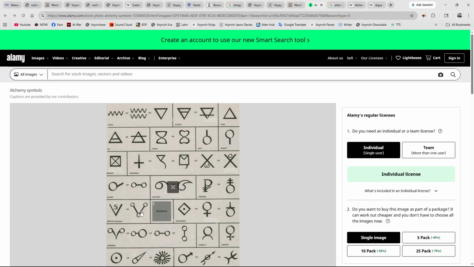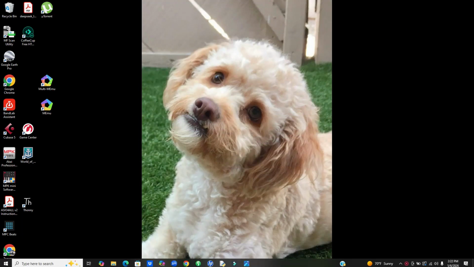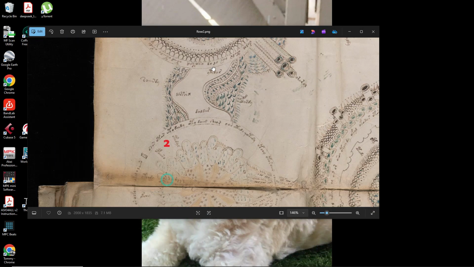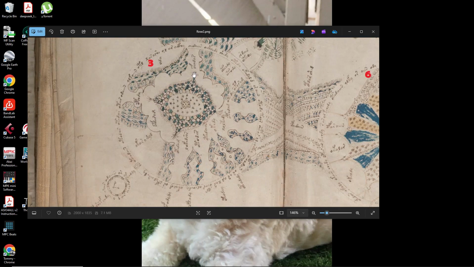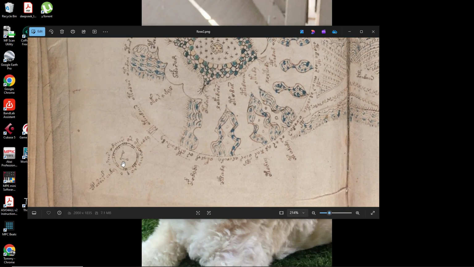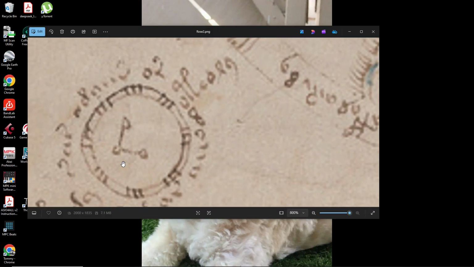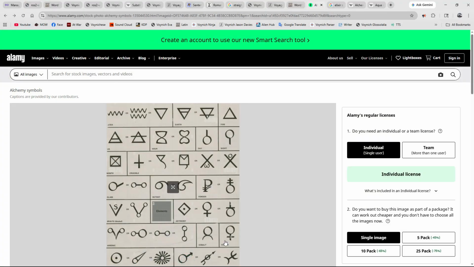It looks like the symbol in the Ros2 diagram. If we look in the Ros2 diagram for the cell division circle, it's right here. And that was not a 14th century symbol. Another slip up by Wilfred Voynich. And if we go into here,